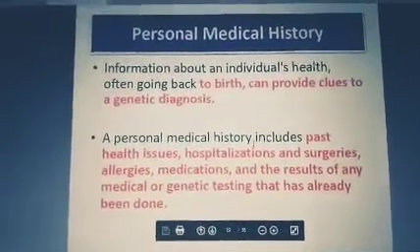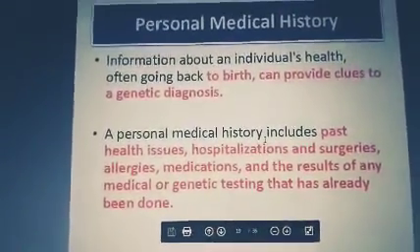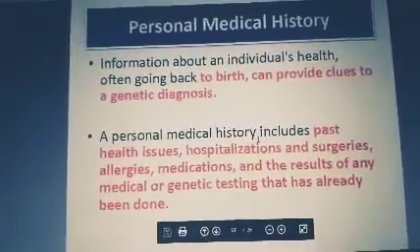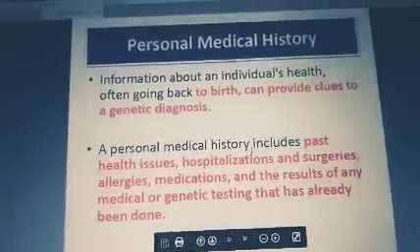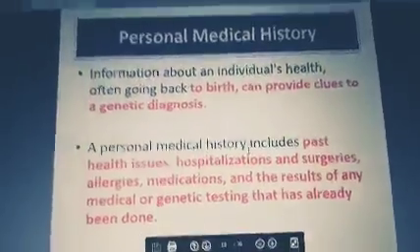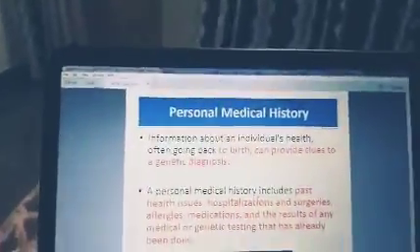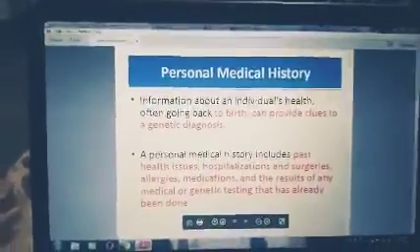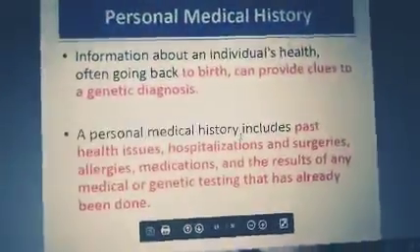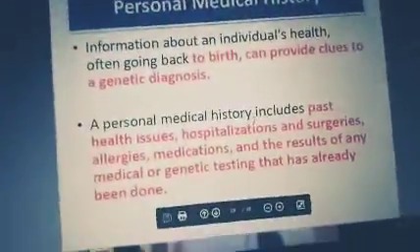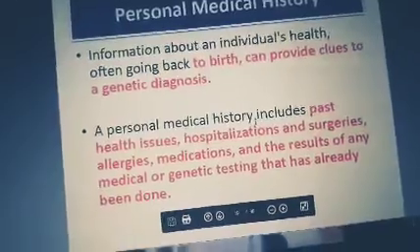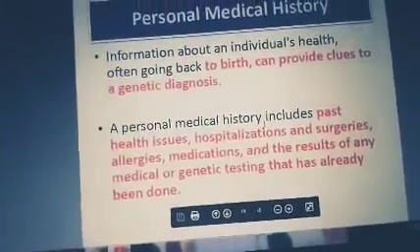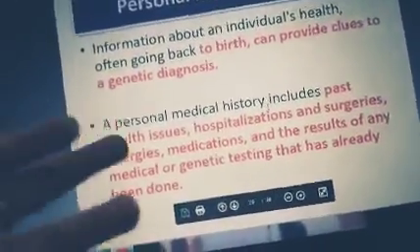Personal medical history. Information about an individual's health, often going back to birth, can play a crucial role in the genetic diagnosis. Yes, definitely. If a person is showing any symptoms of any genetic disorder, it could be a very important parameter to know about the family history. Like, we can do the pedigree analysis for the same. They are concerned with past health issues,